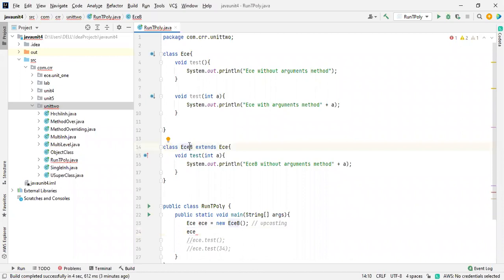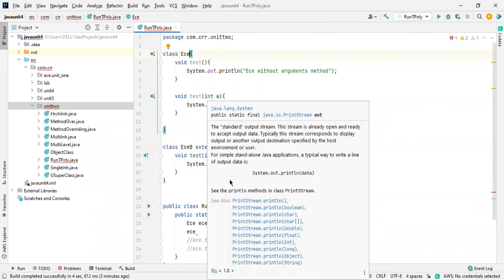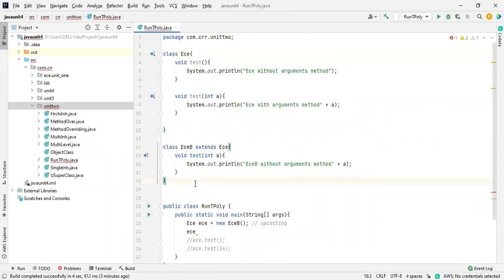This is called runtime polymorphism. I didn't create the parent class object by using new ECE, but I just created an upcasting. This is the main concept of runtime polymorphism.